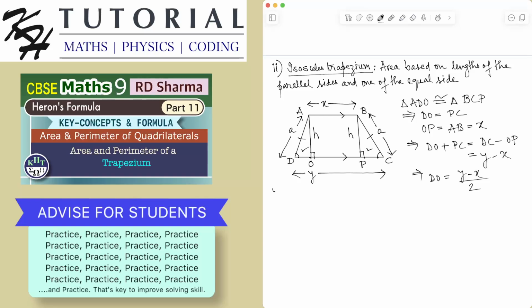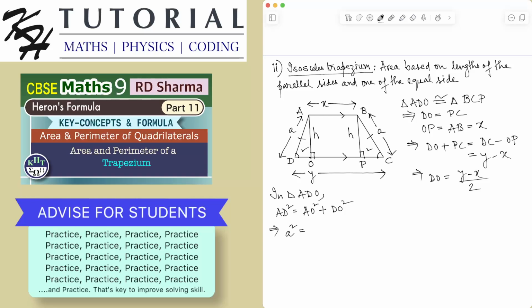Now, if we consider the right angle triangle ADO, we have hypotenuse square is equal to the sum of the squares of the arms, that is AO square plus DO square. So this implies AD is one of the non-parallel equal sides whose length is small a. So a square is equal to AO